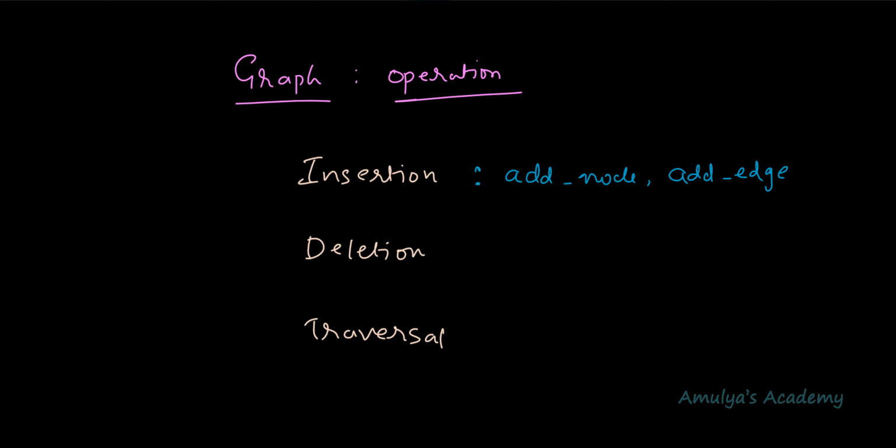We were discussing graph operations and in the previous tutorial we saw how we can insert a new node or an edge between the given vertices in the graph. That is, we saw how we can perform insertion operation in graph. Next, let's talk about the deletion operation. How to delete the given node or an edge between the given vertices in the graph.